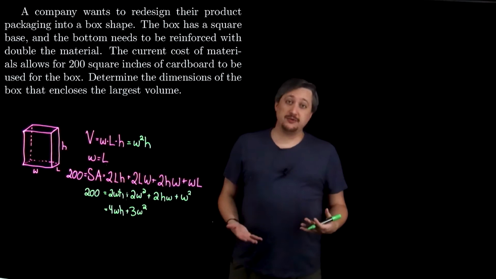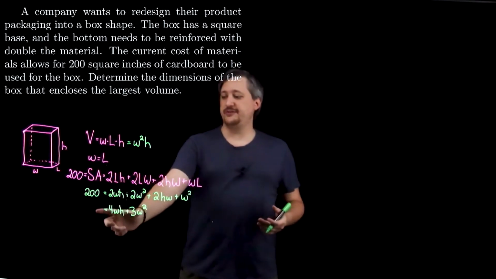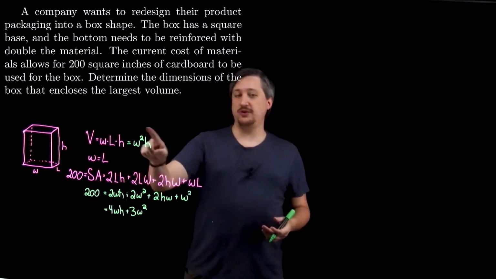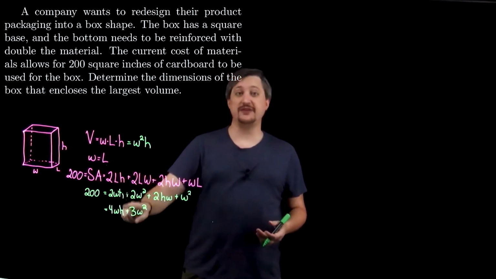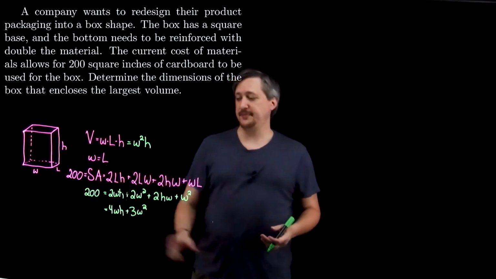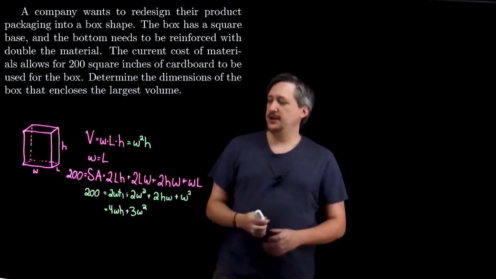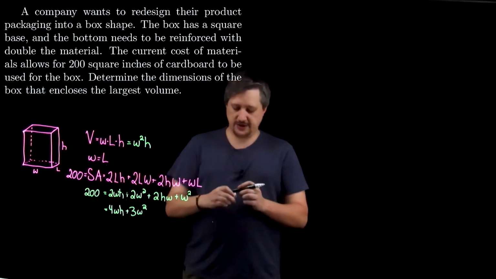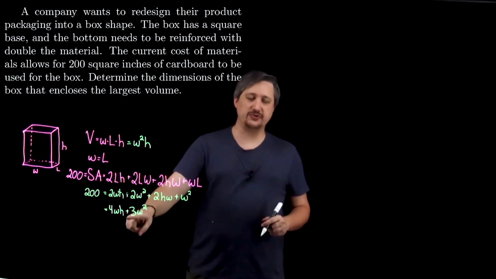But I have more than one variable, so I can't quite do that. Instead, what I'm going to do is use this equation down here to solve for one of the variables and then substitute that out in order to get rid of that and put it in terms of the other one. So I'm going to take this equation down here, and I could go either way. I could isolate width or height, but looking at this, it would be much easier to isolate height,